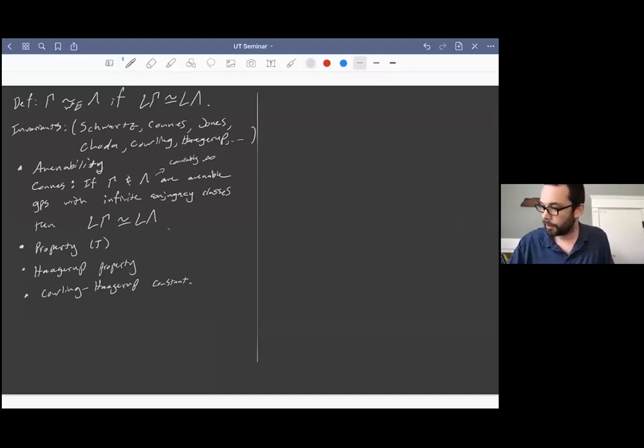So one thing I should mention right away is that you notice that these are very similar results to the ones I had on the previous slide, where we have a lot of the same invariants, and indeed there's a nice analogy between these two notions of equivalence. But you'll notice also that the names of the people who proved these invariants are almost completely disjoint. So we have these two kind of separate theories which have a lot in common, and a lot of the proofs have a similar feel to them, but somehow they're completely separate proofs and they require different techniques. Which is always something that seemed very curious. Not all techniques translate from one category to the other.